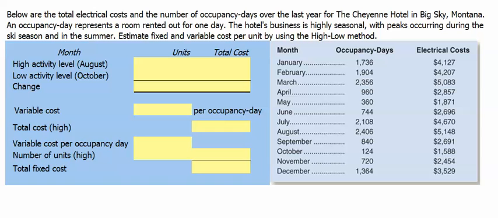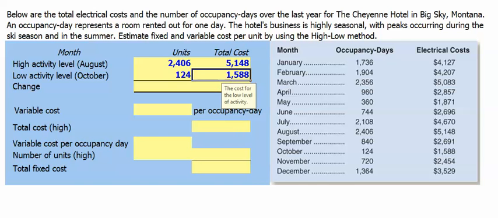For the high-low method, we need to select the high and the low activity levels. The high activity level occurs in the month of August, where we have 2,406 occupancy days and a total electrical cost of $5,148. The low level of activity occurs in the month of October, where we only have 124 occupancy days and a total electrical cost of